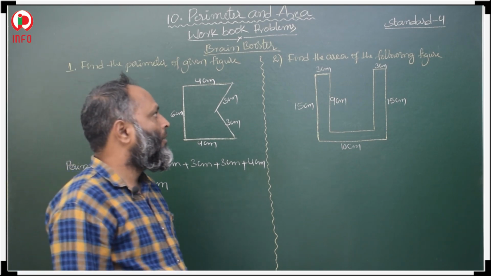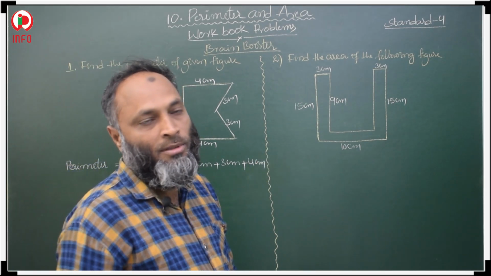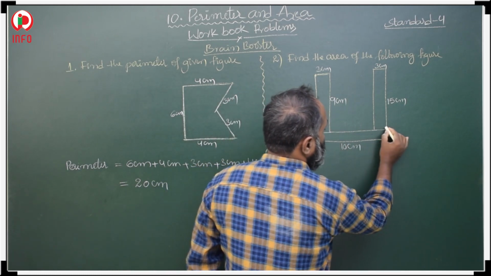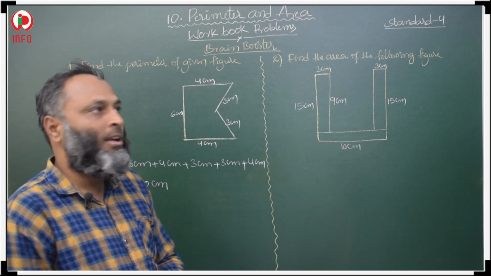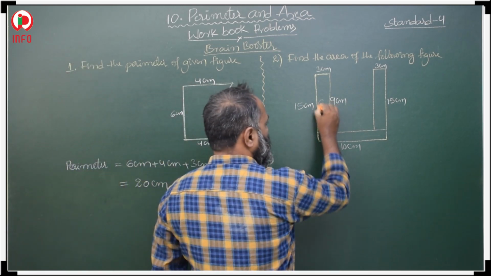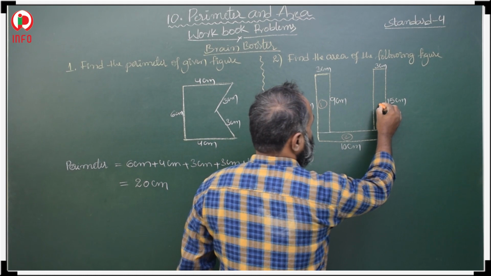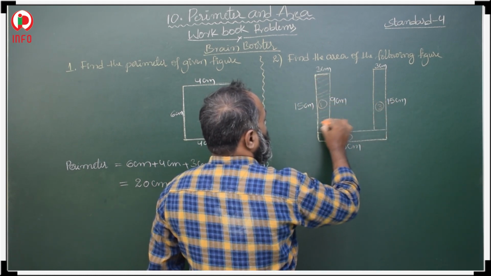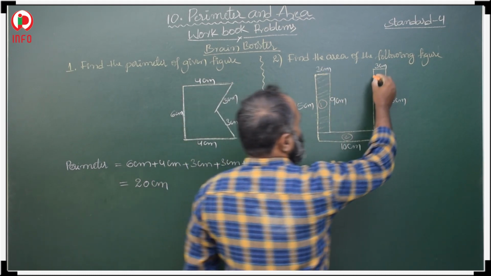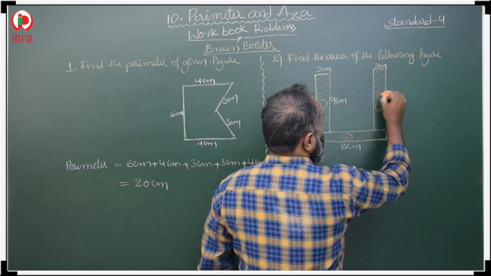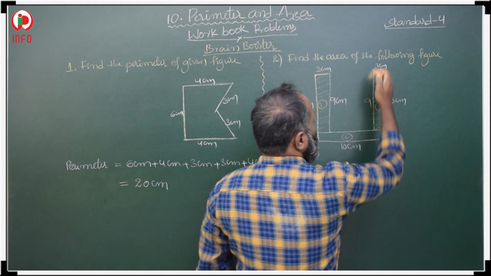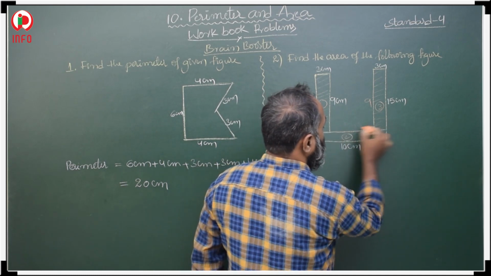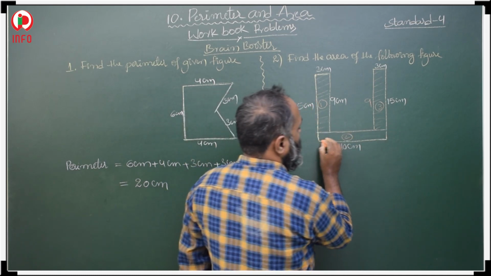Okay. Now, find the area of this irregular shape. So, how to find it? We already did this. First we converted it into a regular shape, that is rectangle. This is the first rectangle, this is the second rectangle, and this is the third rectangle. In the first rectangle, the length is 9 and breadth is 3. Here also, if it is 9 here, it is 9 here also, and 3. The third rectangle's length is complete 10.